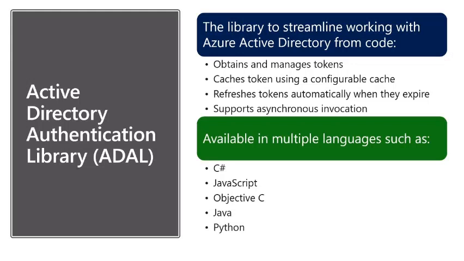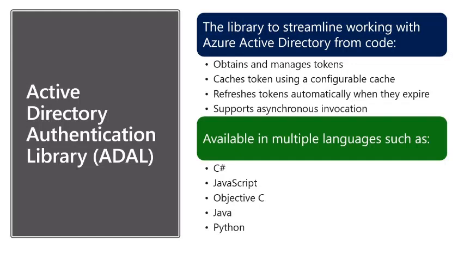ADAL v1 enables application developers to authenticate users to cloud or on-premises Active Directory and obtain tokens for securing API calls. ADAL makes authentication easier for developers through features such as a configurable token cache that stores access tokens and refresh tokens,